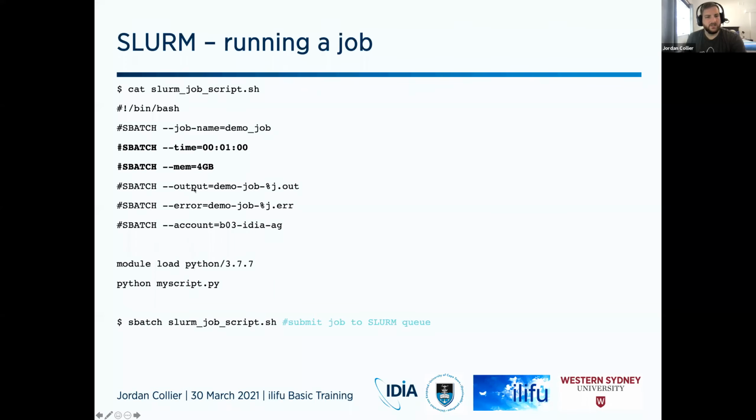And then I specify where standard error and standard out are going to go. So these are 2 streams of output that normally just go to your terminal screen. But if you didn't know, there are 2 different streams. One's for any errors in your workflow and one's for the standard output. And so these go to 2 different files that we specify here. And then I also specify my account, which we'll be showing in the advanced workshop, but this is quite important